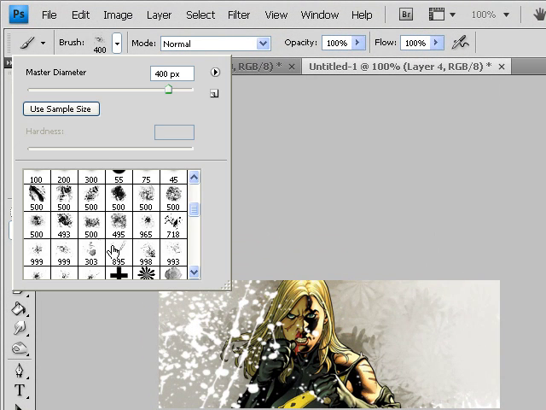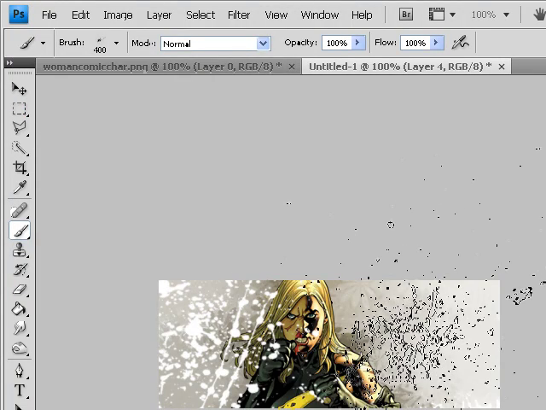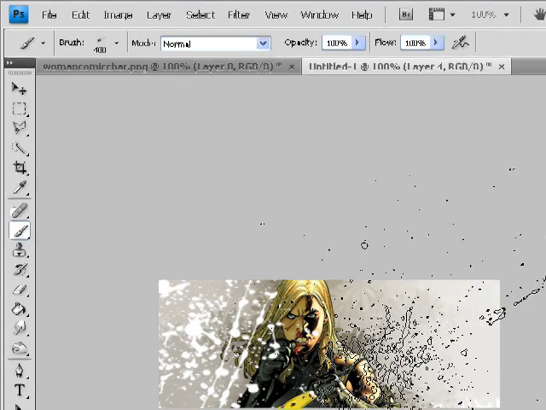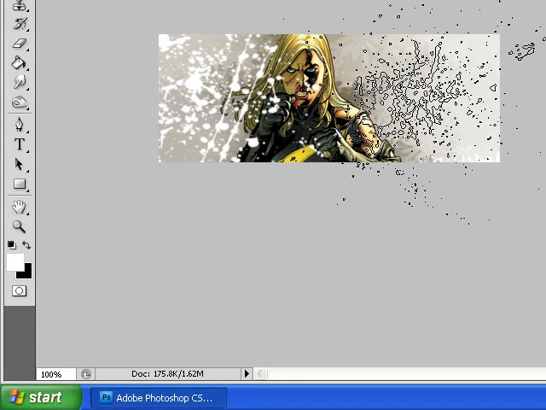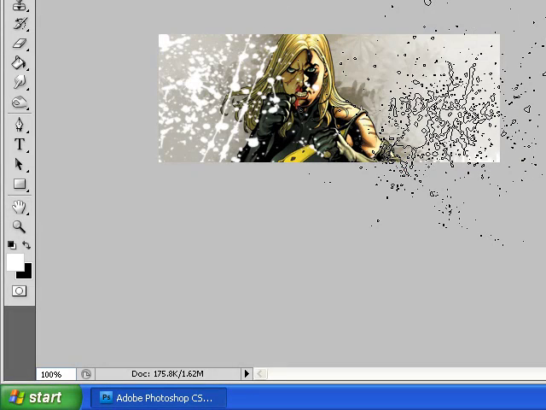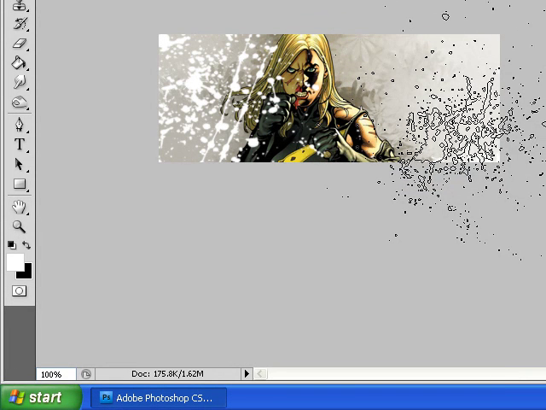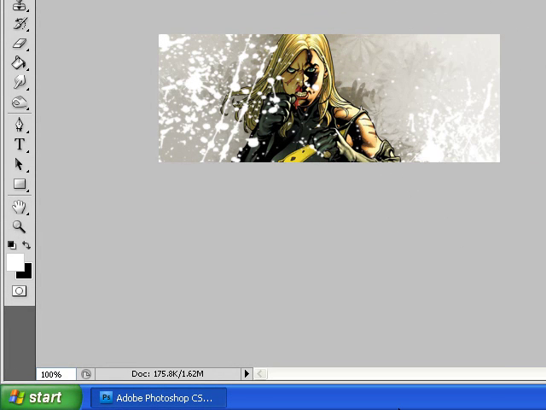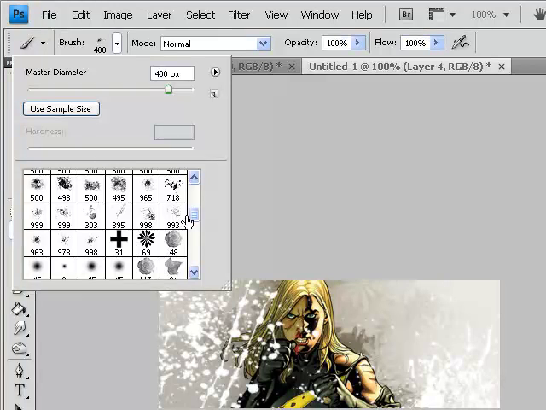Now to work on the right side, I'm going to pick another splatter brush here that flows to the rightish or somethingish. There we go. Change that to 400. I'm not happy with that, so I'm going to take that out of there and move it up just a bit. How about right there? That'll work, I guess. And now I need one more